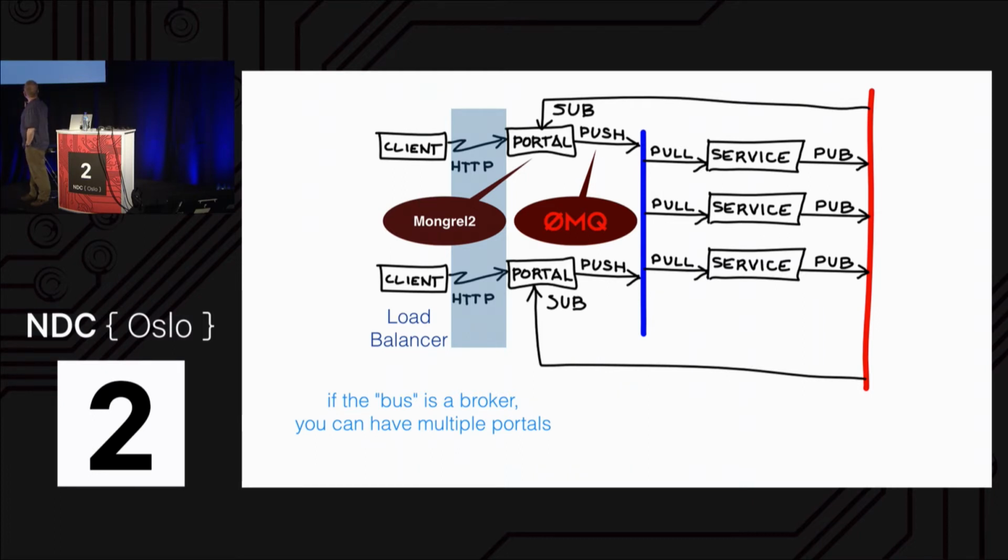But the point is that the service that handles the request just publishes the response and it doesn't care which portal it goes to. It's going to the one that subscribes to that topic, and the one that subscribes will be the one that generated the original request. So pub sub on the response side makes it much easier to reply to a service to send a result back, because you don't have to know who sent it to you. It's kind of a basic rule of object-oriented systems that you shouldn't know who sent you the message. And then finally, we can put things like logging just right on these buses. And if we do that, we don't even have to log.